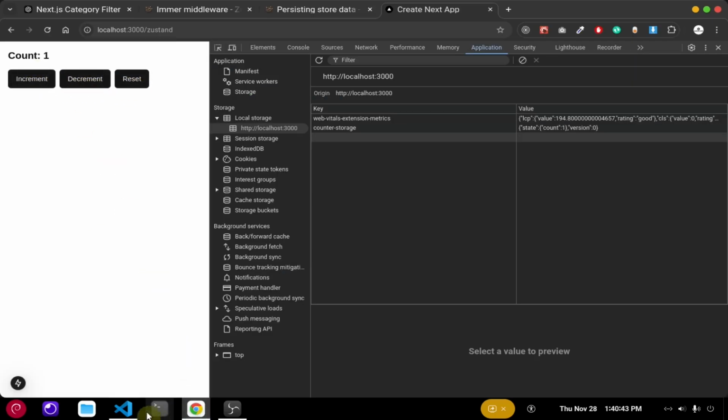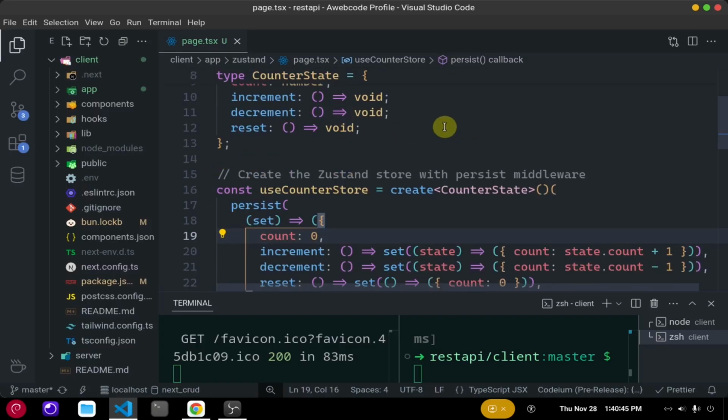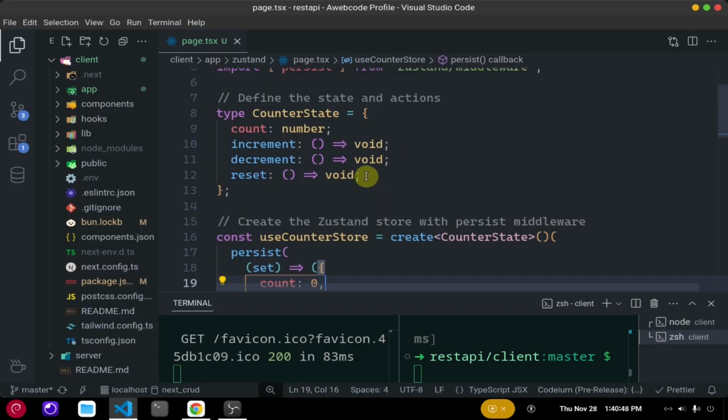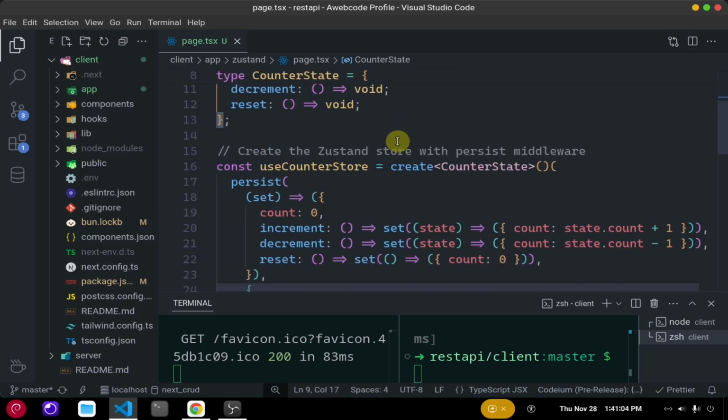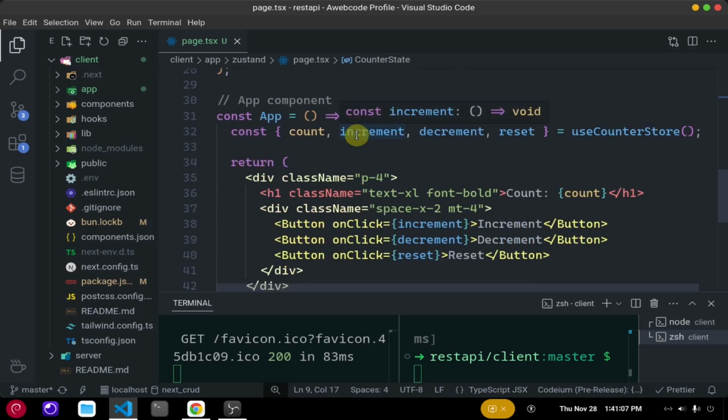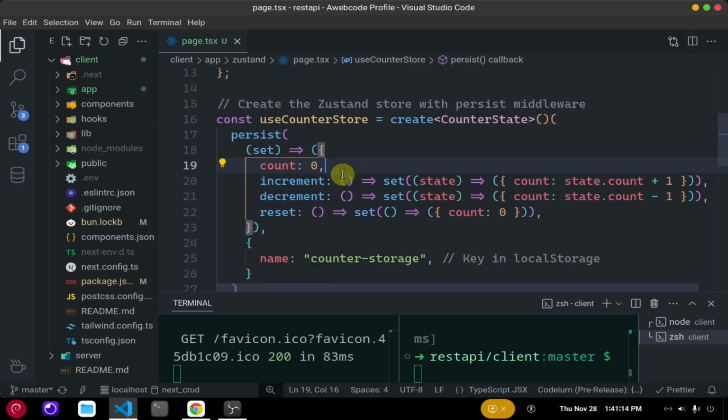With minimal configuration we can do this. You can make it so you have add to cart, remove from cart, reset cart, or total, or fetch data. Whenever you fetch data from your server, you need to store or persist your data. So you can easily do this. You can use this function to store data, so you can pass data